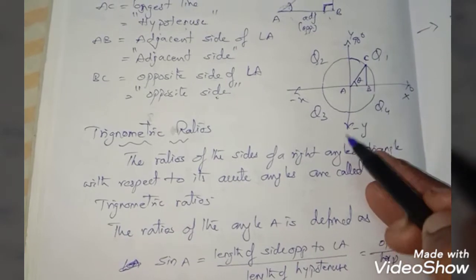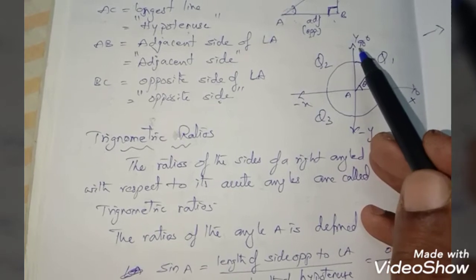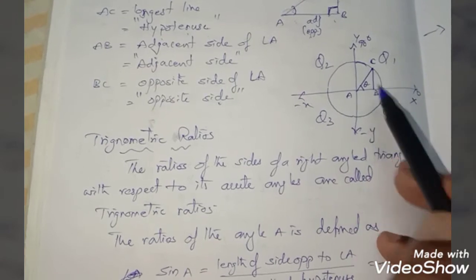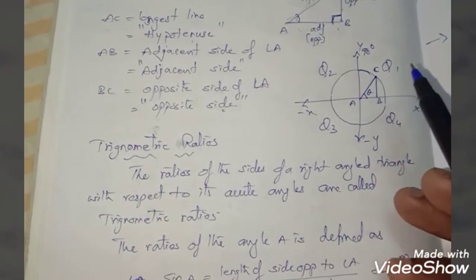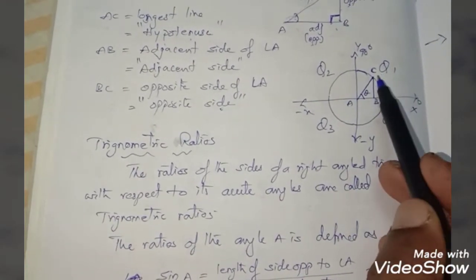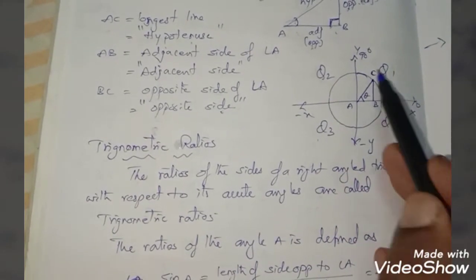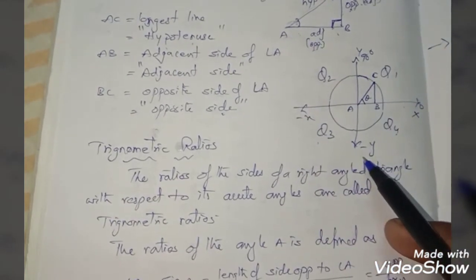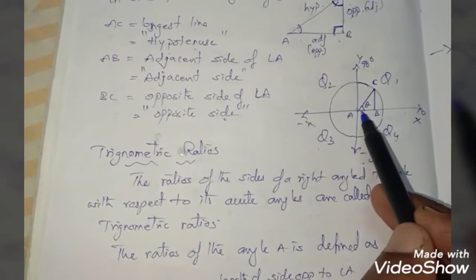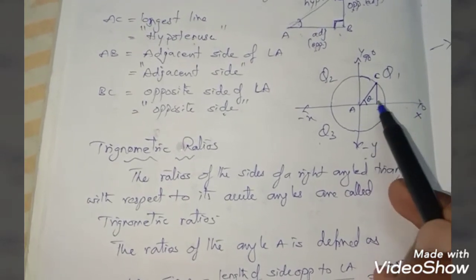Now here, in 9th class we have already learned in the second or third chapter, we draw 4 quadrants and based on those quadrants we plot graphs, right? Here also we are taking quadrants: the first quadrant is Q1, then Q2, Q3 and Q4. I name the axes x-axis, y-axis, minus x-axis, minus y-axis. Now I draw a circle taking A as the center and draw a right angle triangle where A is an acute angle, naming it theta. Based on this right angle triangle we are finding the ratios.